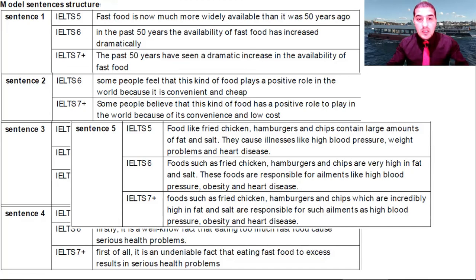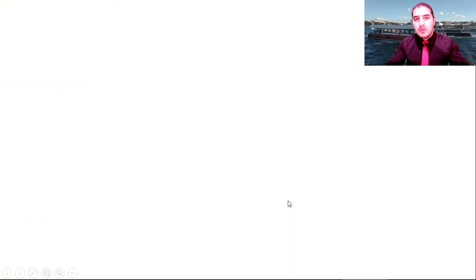All right? Very good. Foods such as fried chicken, hamburgers, and chips, which are incredibly high in fat and salt, are responsible for such ailments as high blood pressure, obesity, and heart disease. Very nice. Now, the vocabulary you should be using: